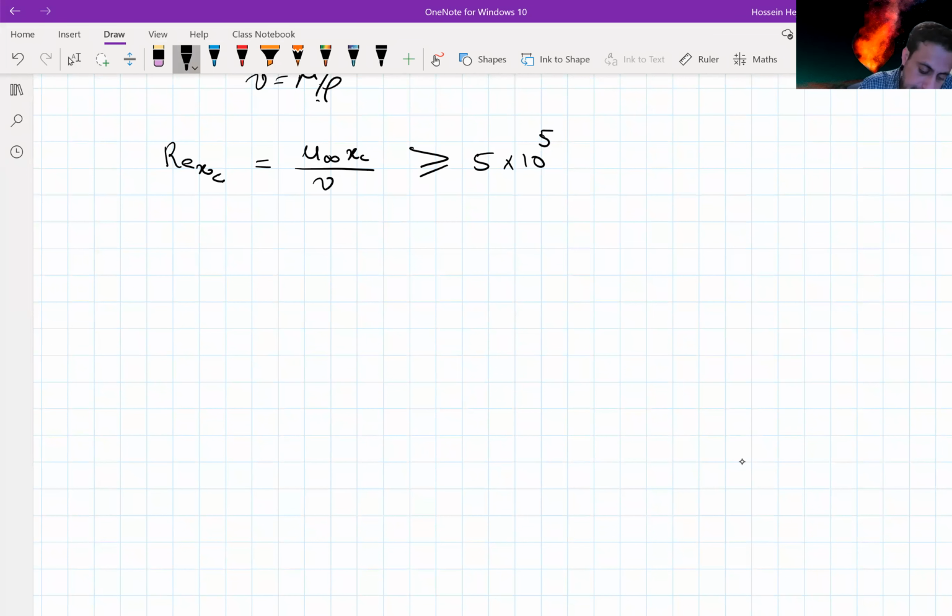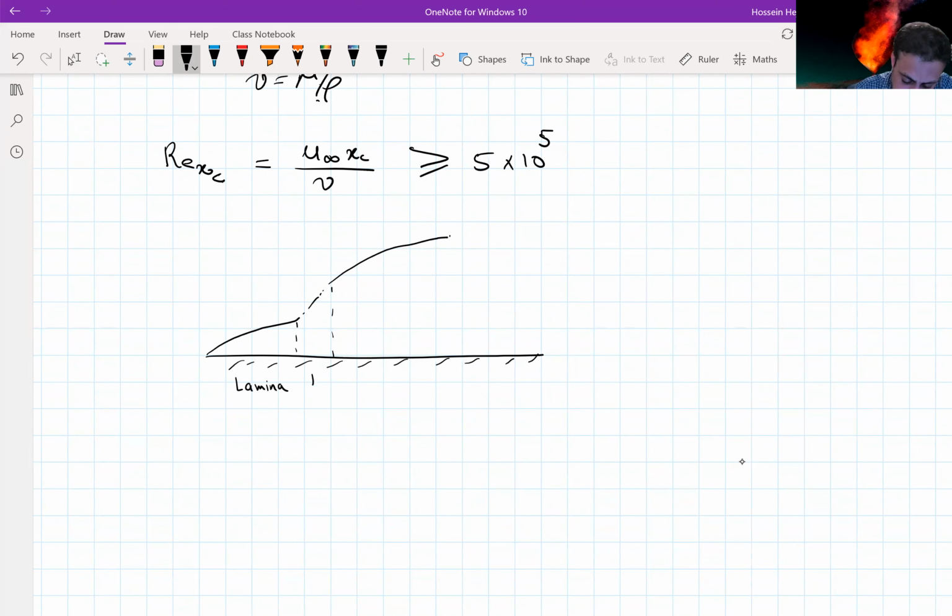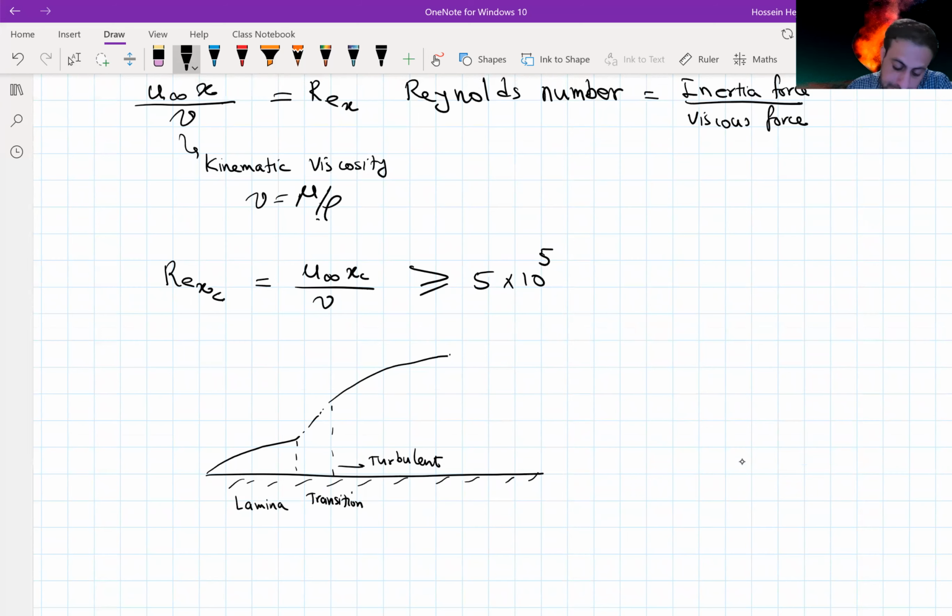Now, if I plot the heat transfer coefficient, so let's say I have this flat plate, and this is the laminar, this is the transition, and this is the turbulent. So this is laminar, the transition, and from here we have the turbulent. The turbulent regime, from the transition to turbulent, can cause a sharp temperature gradient, and because of that, let's say if I plot here,